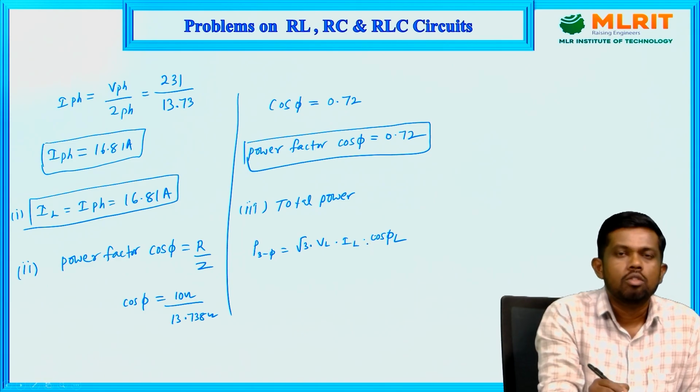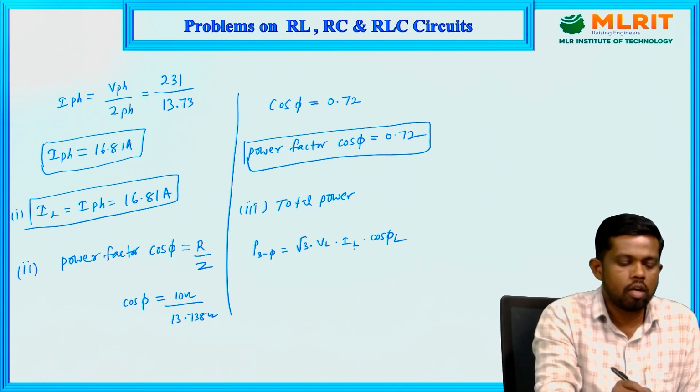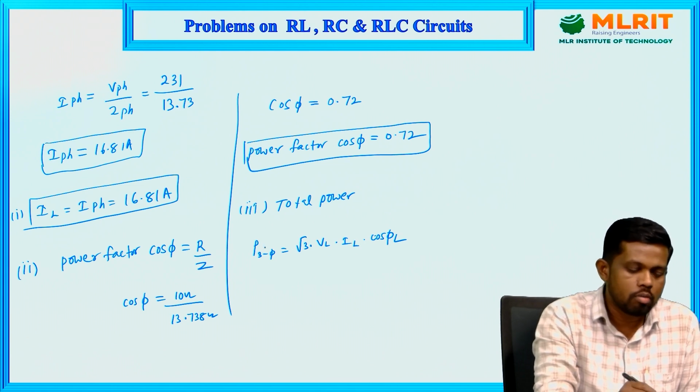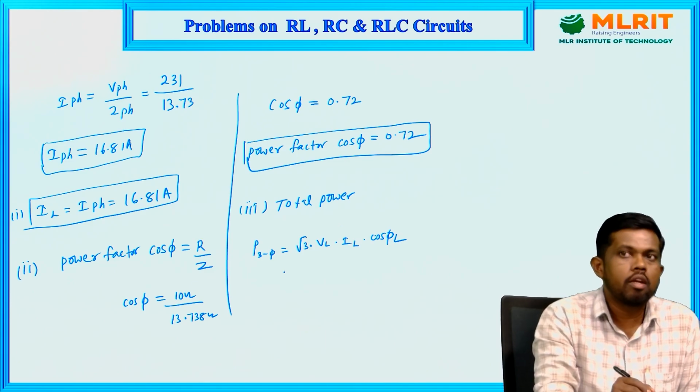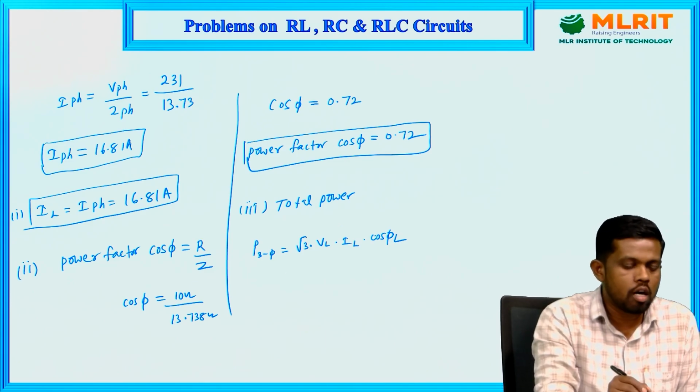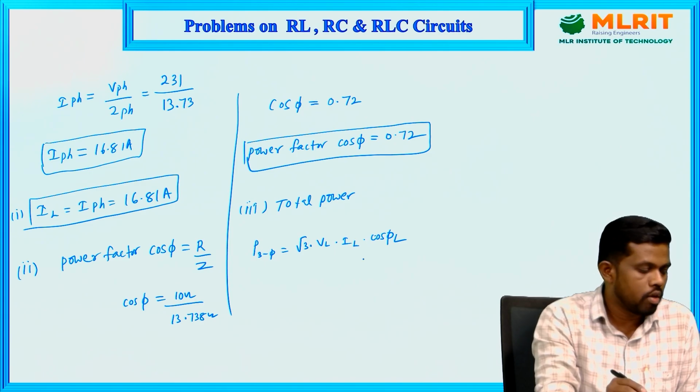We have done the balanced star connected network and the balanced delta connected network also, and both networks give the same equation. I mean, power in a 3 phase balanced delta or star connected network is root 3 times VL IL cos phi L. Then we need to